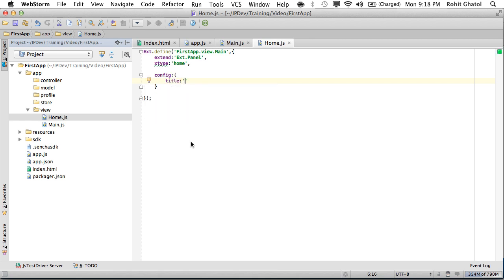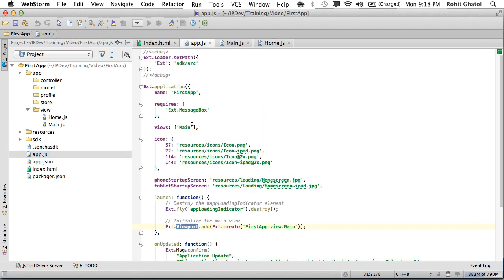One is the title, which I'll say is home, and the second thing is the icon. Sencha Touch defines a number of inbuilt icons. One of them is called the home icon. So if we define things like this, we are saying we are creating a class called first app view home, which extends Ext.Panel, xtype is home, configuration it should have title name home, and it should use icon name home. What I'm going to do next is go to app.js, and I'm going to add this particular class over here,